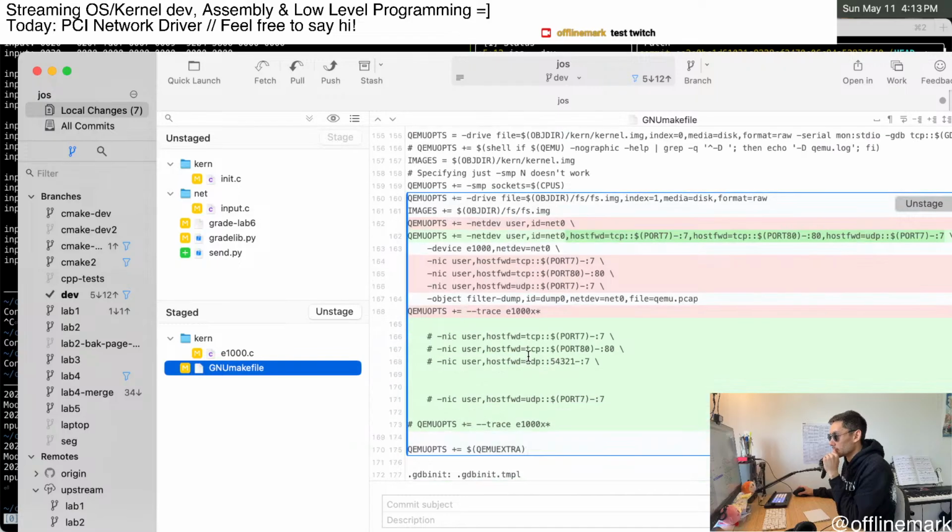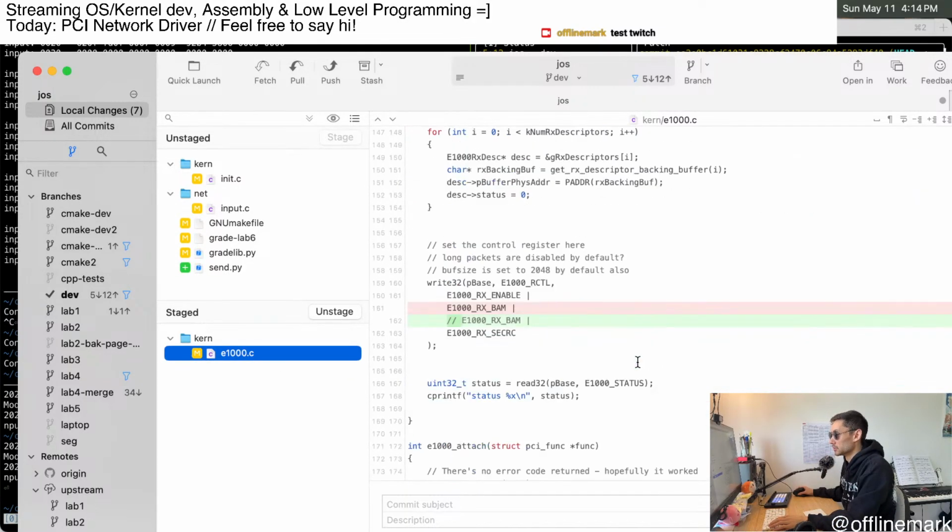Here is a very important change. This is where I am adjusting my QEMU command line arguments to no longer add separate NICs for each port forward from the host, but just do it all with one NIC. That's super important. So, you know what, I'm just going to